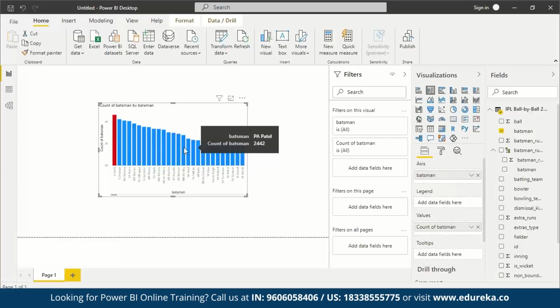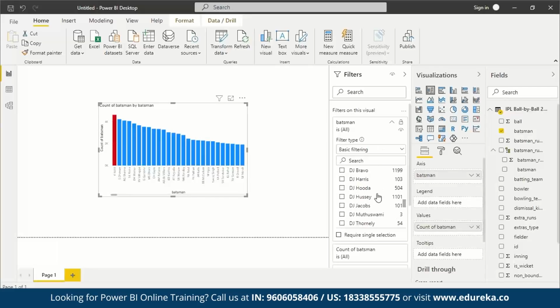And if you hover your mouse over each of these legends, you can see the names, and you can see the number of runs they've scored over the entire course of IPL. It says 4,609, but I don't think it's very accurate. It says S. Dhawan scored 4,208, and then it says RG Sharma scored 4,088, and so on. So the number of runs scored by the batsmen throughout the IPL is mentioned over these legends.